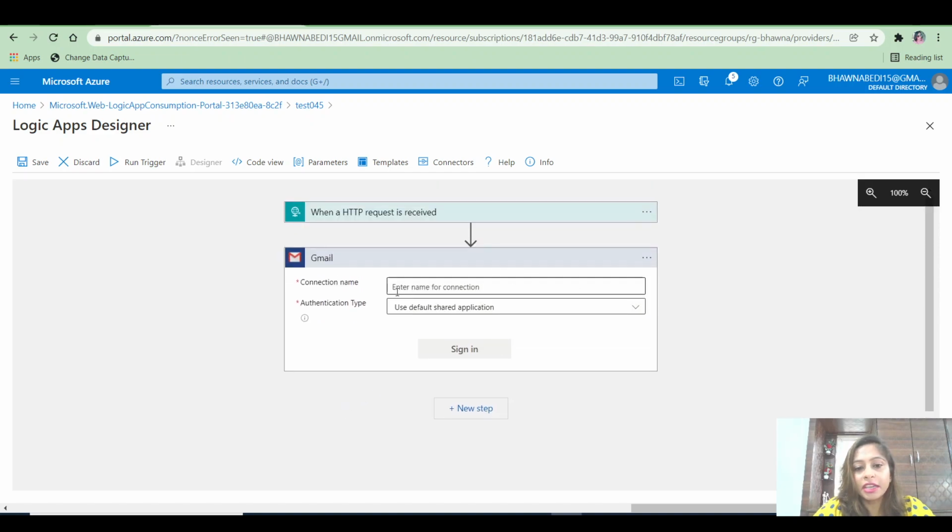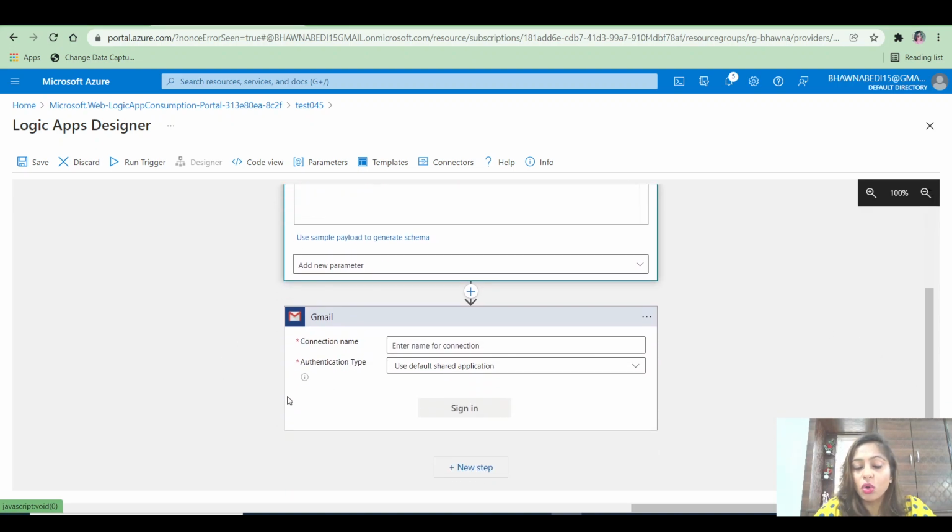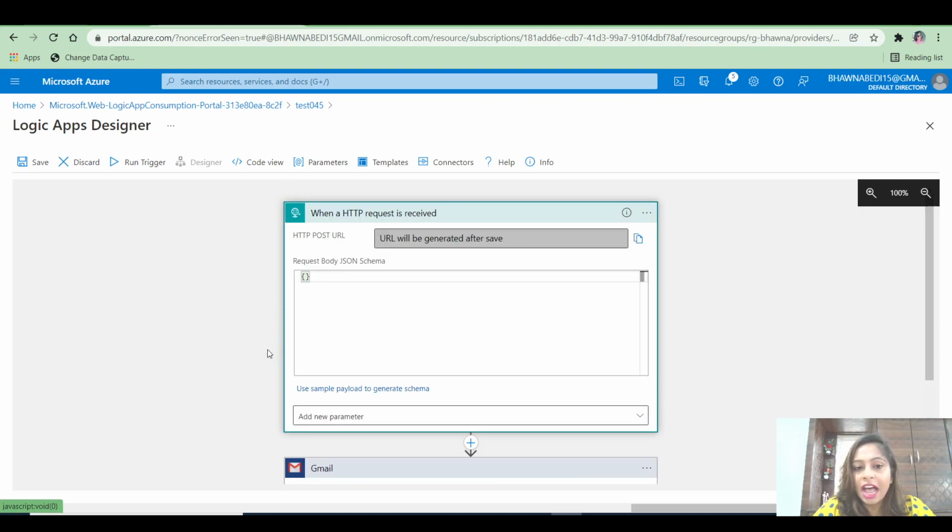So basically here what you'll do is you'll configure your username, password, managed identity, or whatever you're trying to connect to. It can be Gmail, it can be Outlook, or whatever service account you have to send emails for. So you can select the connector over here to send an email, and when an HTTP request is received, if you see it over here. So once I provide all these configurations, right, after that, if I save this logic app, in that case